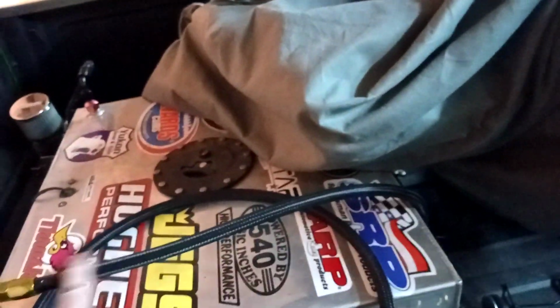Pretty much that's all I got done today. Fuel line, return line. I'm going to do something with this. I don't know what yet, but it's hooked into the top of the cell to return the fuel. I got new batteries to put in it. I gotta get that done. But